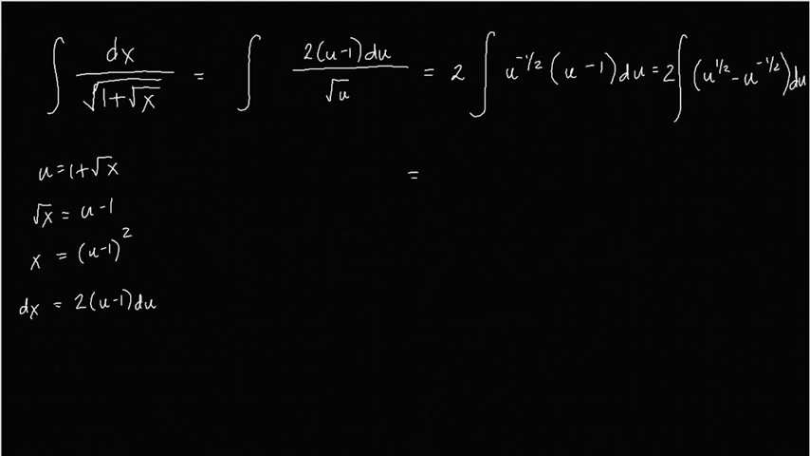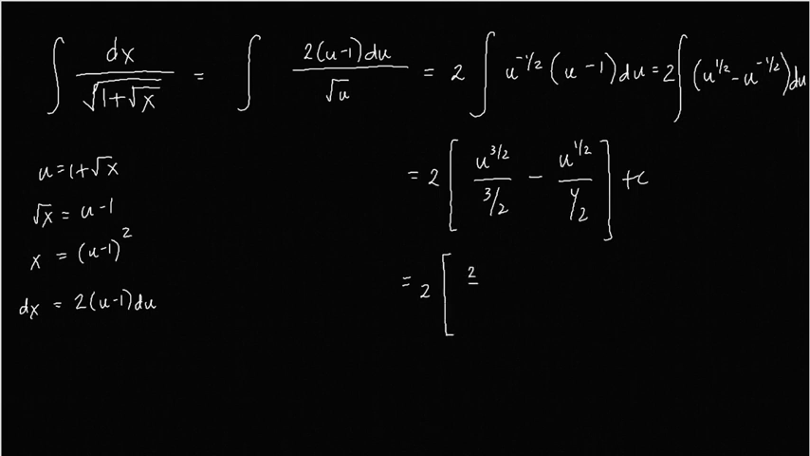Okay. So this time around, we can now use power formula again. So this is u raised to 3 halves over 3 halves minus u raised to 1 half all over 1 half plus c. So simplify natin further. We have 2 times the quantity, 2/3 of u raised to 3 halves minus 2 u raised to 1 half. You can factor out 2, so that magiging 4 ito na. Then revert back to the original variable, which is 1 plus square root of x raised to 3 halves over 3